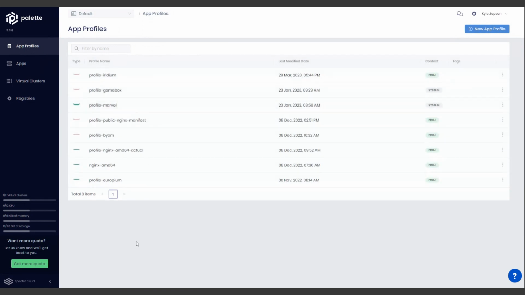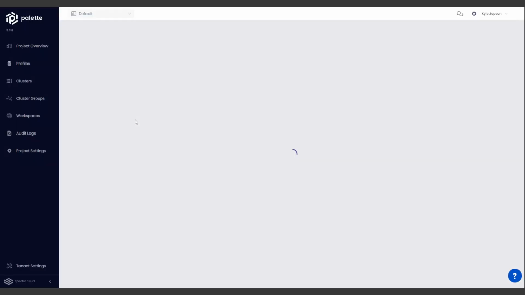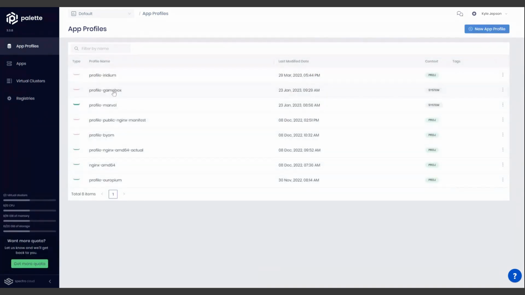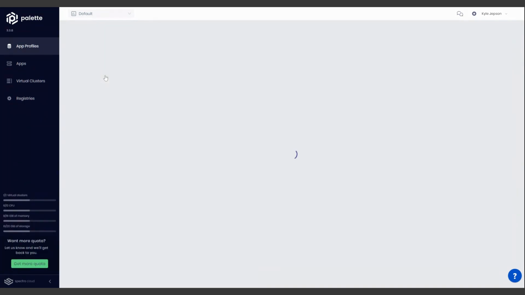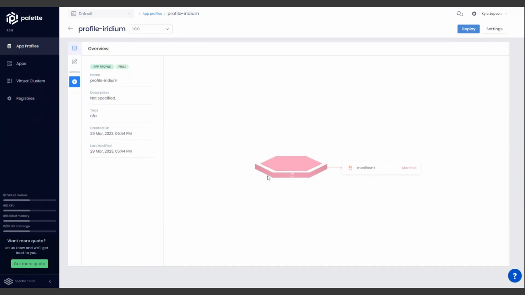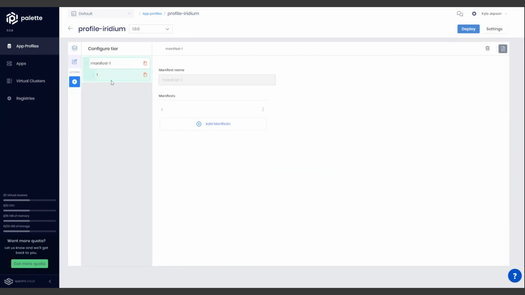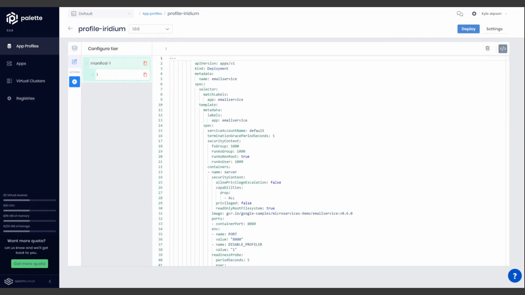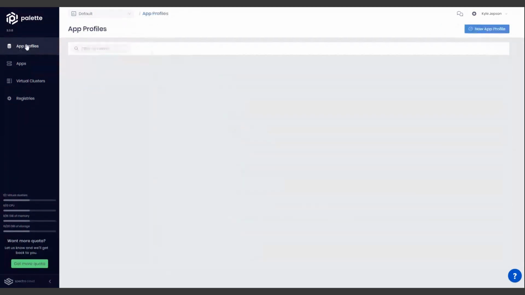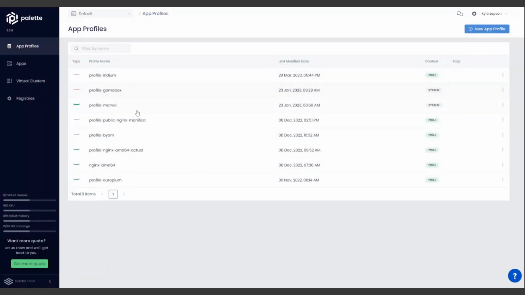So in app profiles here, we should start to see some of these app profiles start to spin up. So this is based off of the Google microservices demo in here. We should see a couple more that'll generate in here in just a minute.